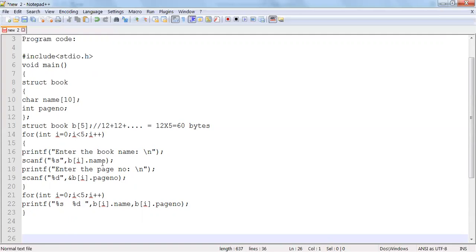So what is the difference? Rather than taking a simple variable, we take an array variable having structured data type. And rather than taking the simple variable and using the dot operator, we just add the index part, and the index part is represented by i. So I have put i here. This is the minute difference, and we can create an array of structure to store different values and more than one value. So that's all for array of structure.